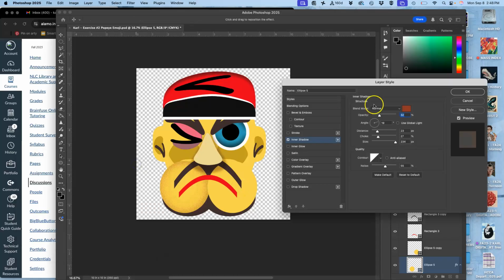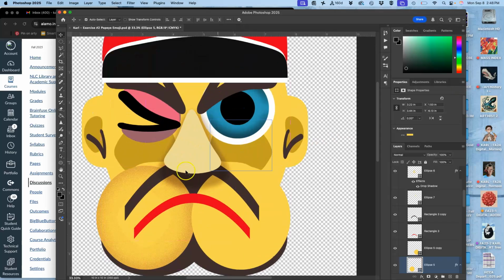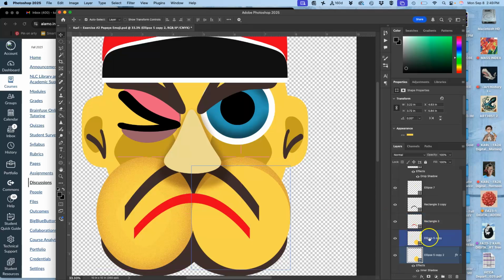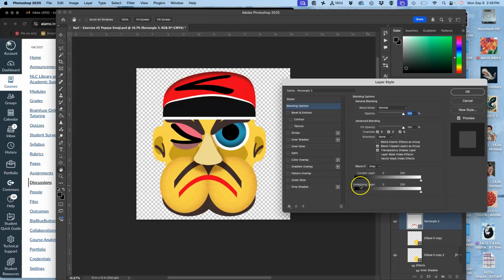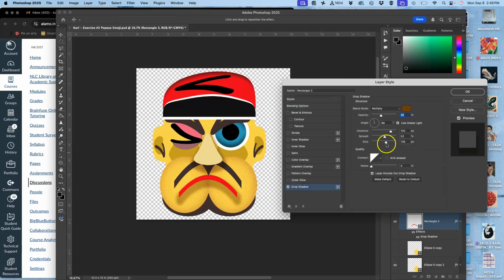There we go. Now I like it, but I don't like how it's stopping right there. So maybe then I actually change my shape just a little bit. And grow this out and up. And then of course I can duplicate it. And move that same shape over to replace, and just turn off the one that's obscuring it. Okay. Then what about for the mouth? I can try a drop shadow, but I can make the size a little bit less. So this is just playing with